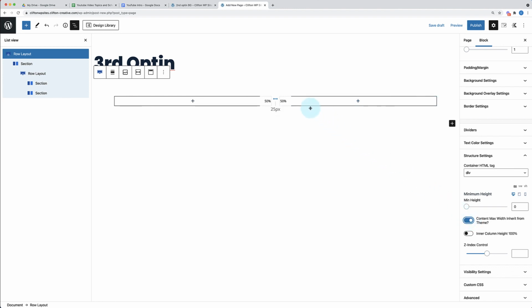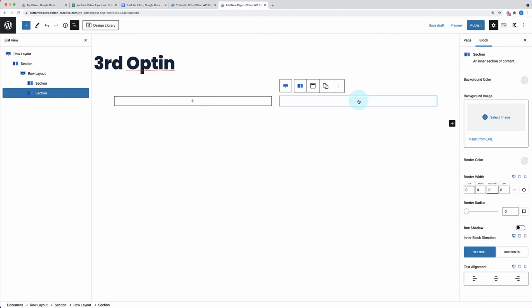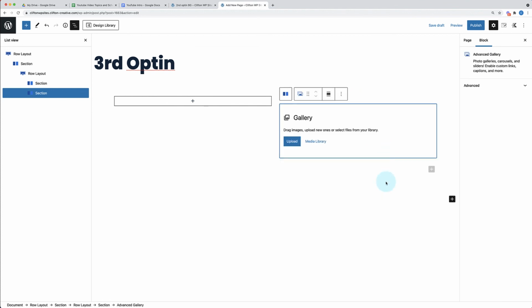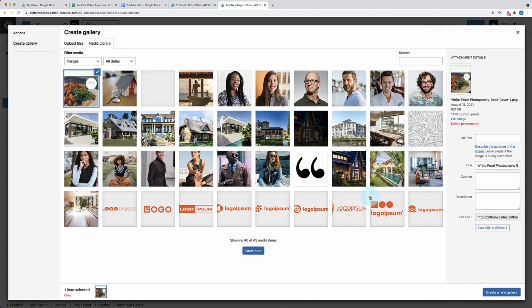Okay, then the next thing that we need to do, we need to add our image on this side and add our headings on the left side. So let's add our image first, because that's the easiest. So go ahead and click on the plus sign. We're looking for the advanced gallery, media library. I'm going to select my book cover,